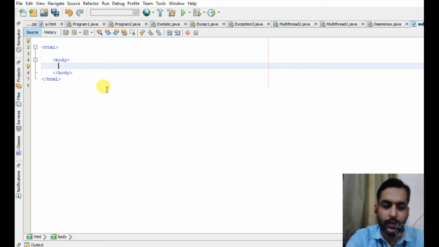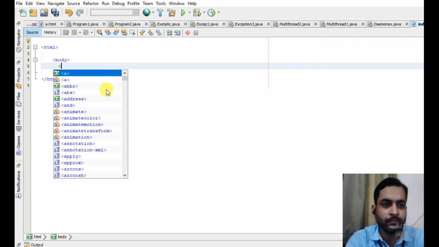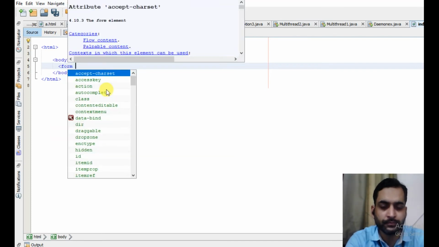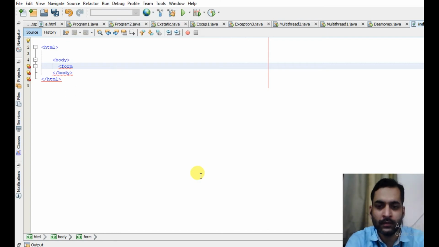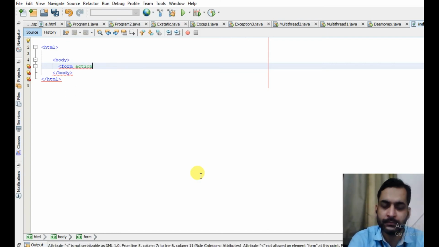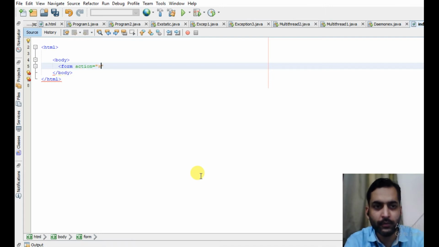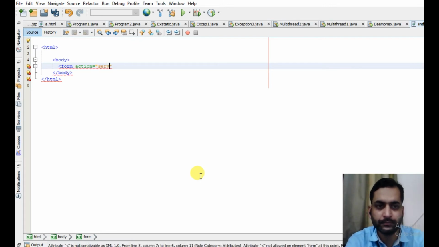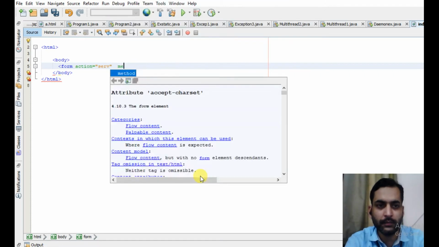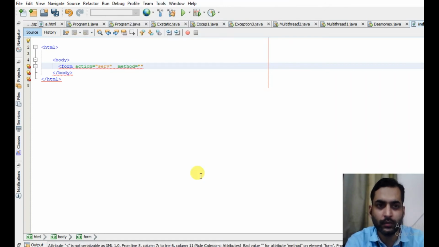So in the body, let us create a form, action is equal to, see, name of the servlet serve, and method is equal to post.